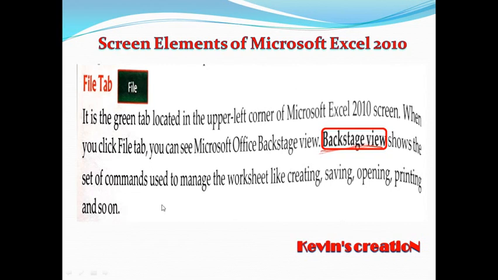Backstage view shows the set of commands used to manage the worksheet, like creating, saving, opening, printing and so on. So in file you can create a file, open a file, save a file, print a file, close a file. All these things are available in backstage view of file tab.